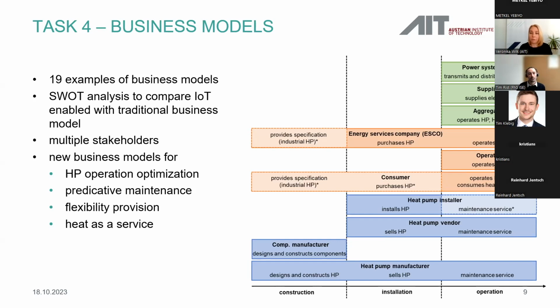On top of the diagram in green, we have all these stakeholders that are related to the energy system: the aggregators, the suppliers, the power grid, the power system. And aggregators pool a large number of small assets into a large one that can be marketed on the different electricity markets. And thereby they also have an influence on the operation of the heat pump. The supplier, as the name already shows, supplies electricity to the customers, and they do this by trading electricity markets or by producing electricity themselves. And on top, there's the